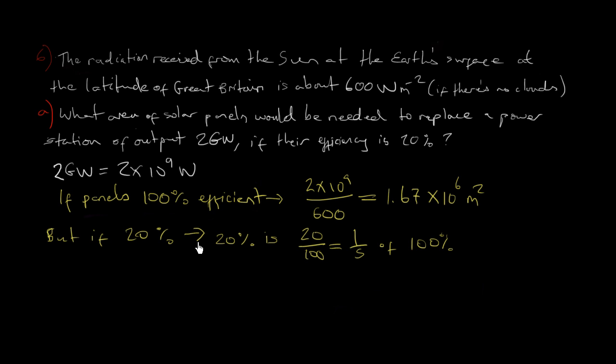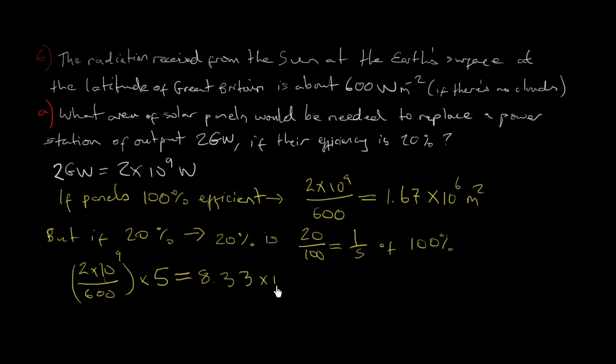So if they're telling us the panels are actually 20%, it means that this number here is 1/5 of the area that we're actually going to need, right? We're going to need a much bigger area because the efficiency is not 100, it's 1/5 of that. So we're going to have to take this as 1/5 of the real answer. So then if we want the real answer, we need to multiply that by 5. So if we take the full number without taking this one here that is rounded up, then we need the whole fraction, 2 times 10 to the 9 over the 600. This would be assuming it's 100% efficient, but since it's not, it's only 1/5, we multiply by 5 and we can get the actual number of meters squared, which comes out to be